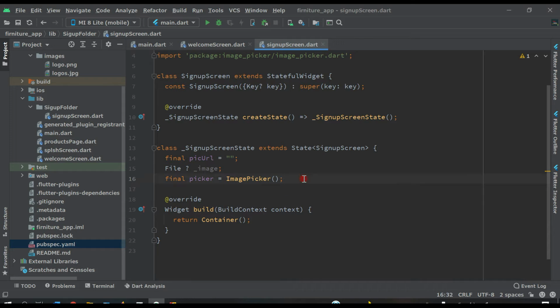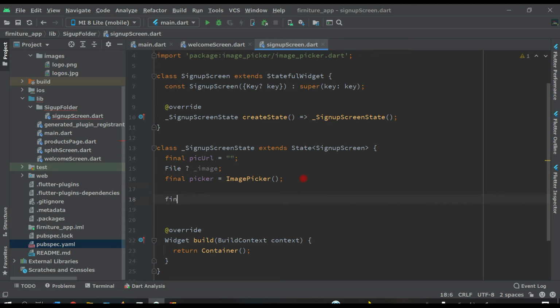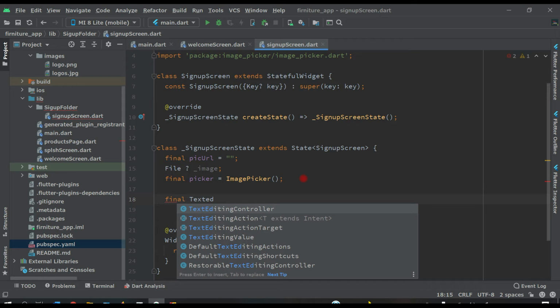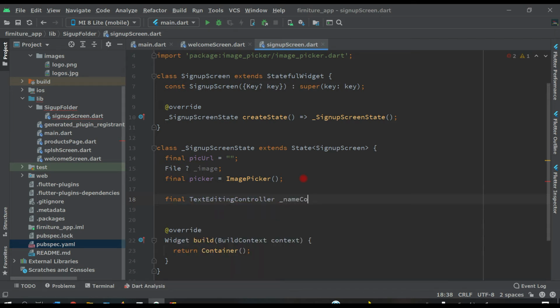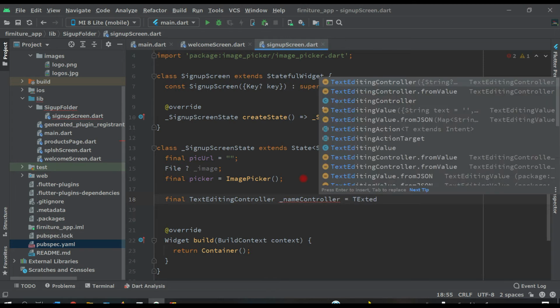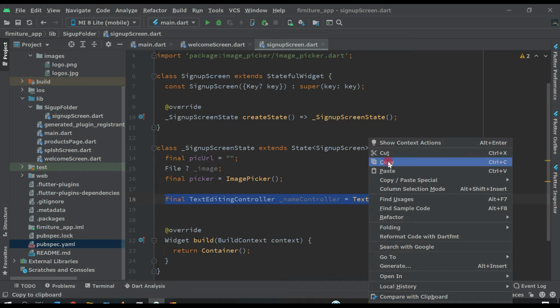So let's create some more variables for the text fields. So final TextEditingController _nameController equal to TextEditingController, and here just copy this for saving time.